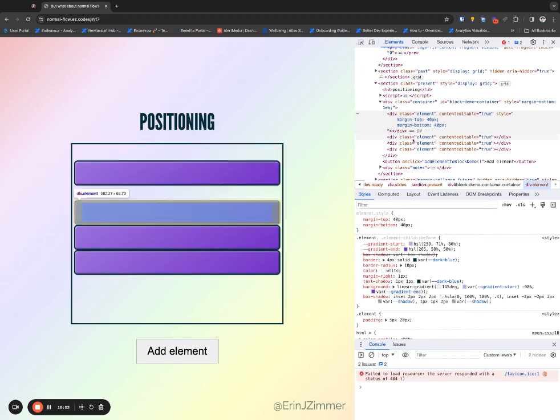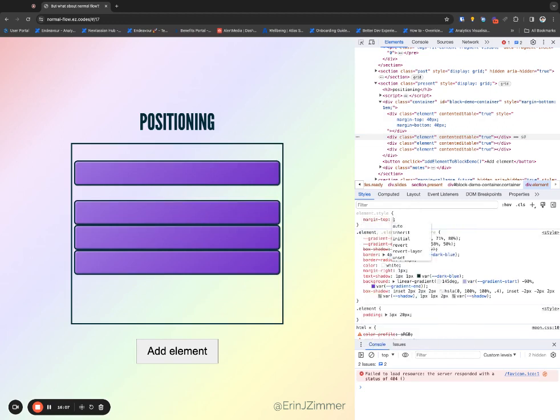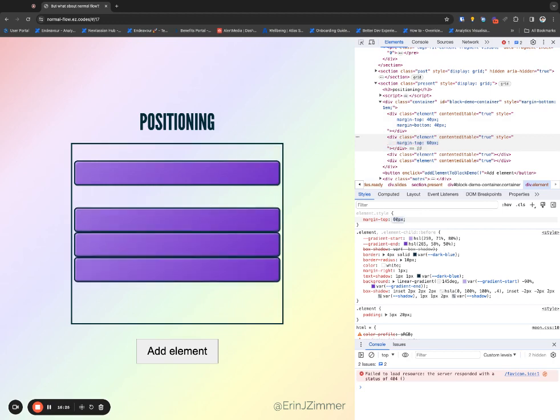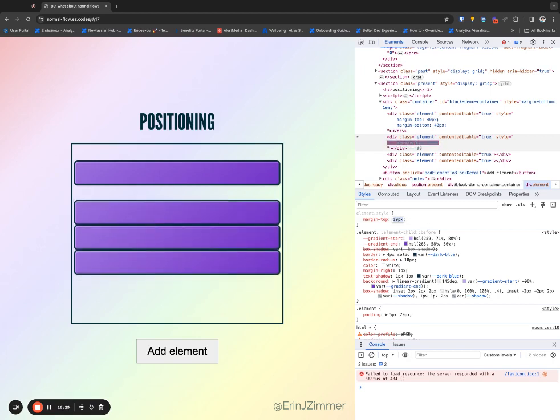One thing to note though is that if I give the first element a margin bottom and I give the second element a margin top of 40 pixels, the distance between them isn't 80 pixels, it's 40 pixels, right? So the margins are both there, but they overlap. They take up the same amount of space. So the distance between the two elements is just going to be whichever is the bigger of the two margins, not the two margins added together. So we can make this bigger now, it'll be 60 pixels,